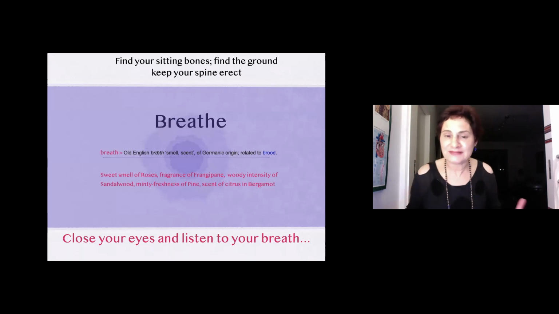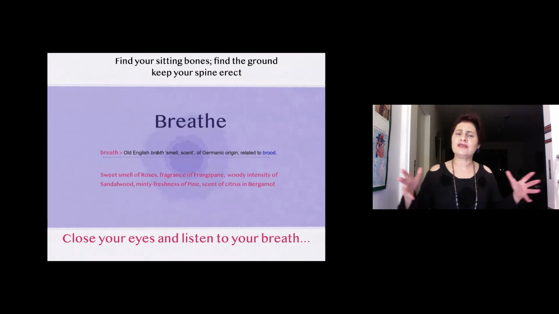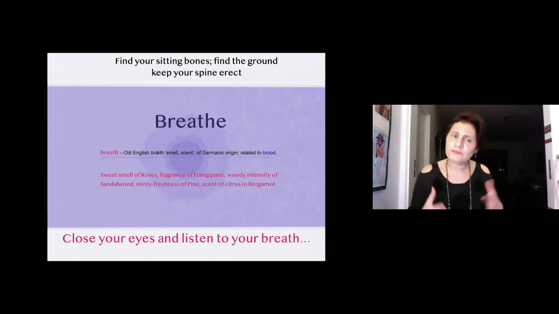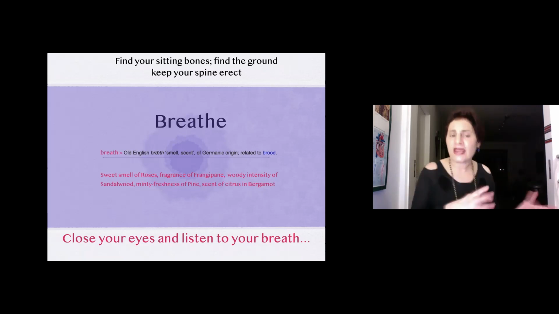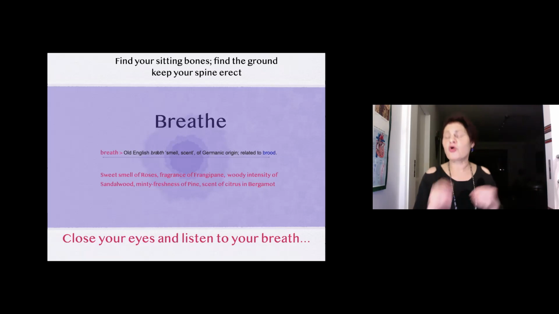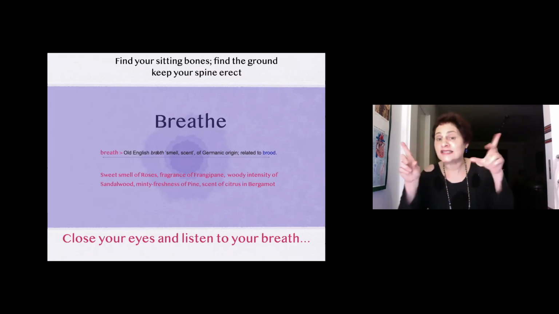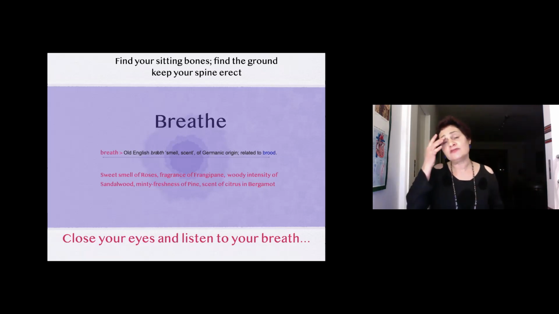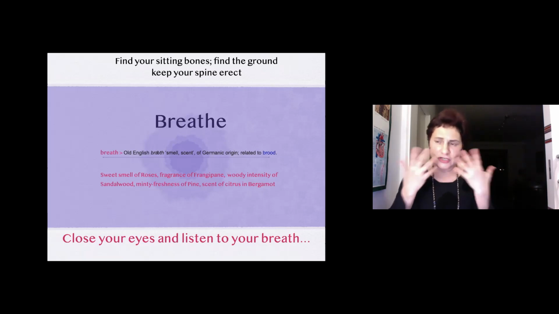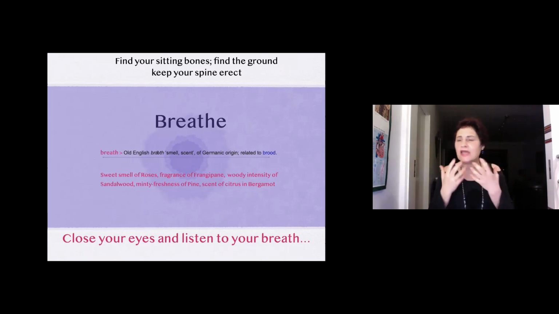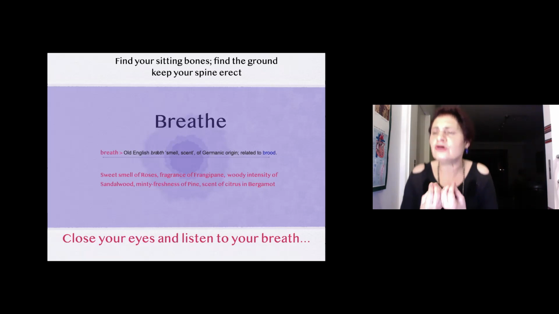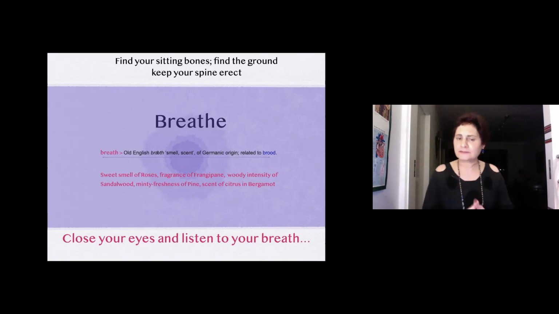So you're breathing mainly. So breathe. The word breathe comes from breath, and the breath comes from an old English smell and scent. And I wanted to give you a little bit of a suggestion here. When you breathe, try to recall the smell of an odor or a perfume that you really like the smell